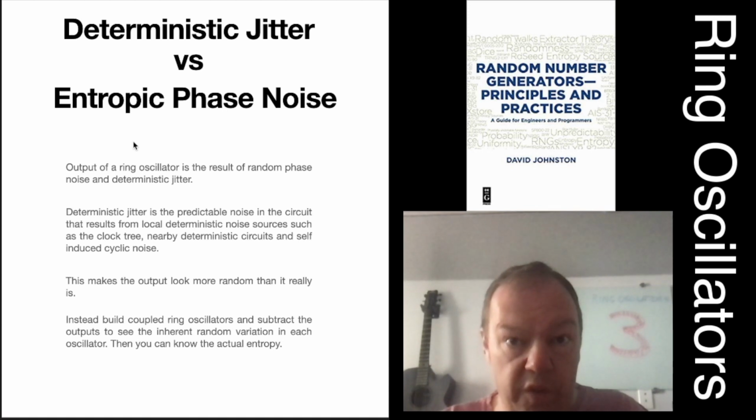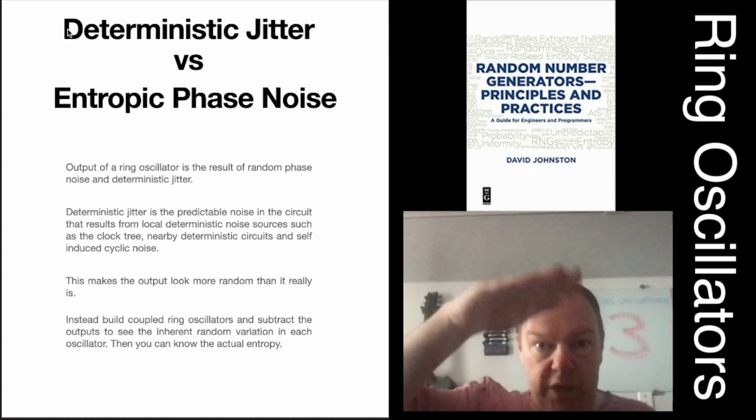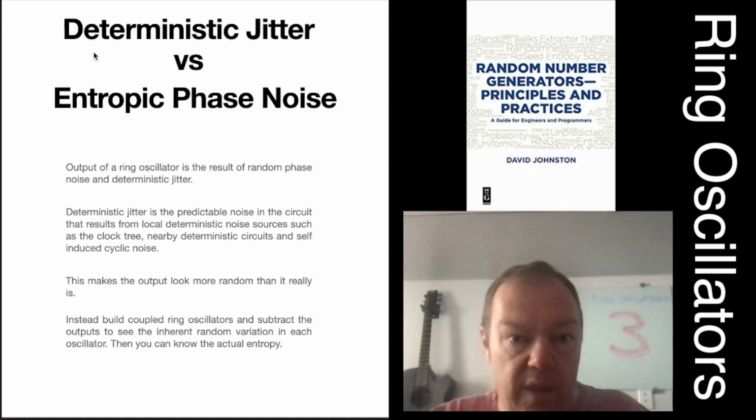So the strongest interference you'll find on a chip with a circuit is the clock. And on a digital chip, it's usually running everywhere, and there are lots of buffers running the clock, and the power supply goes up and down with the clock. When the clock fires, the power supply droops as all the logic is changing, and then it increases. So the power supply, well, it's not drooping a lot, it's just drooping a little bit, but it is going up and down with the clock, and that is one of the things which will affect the